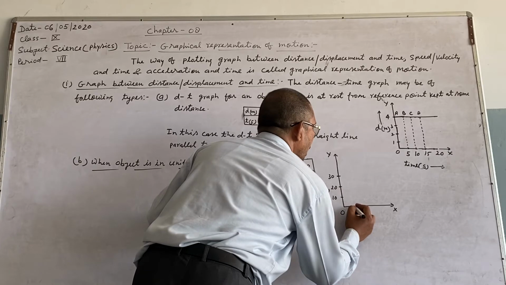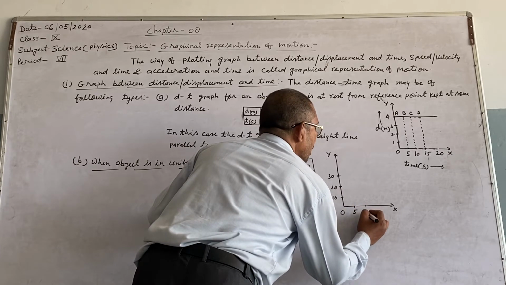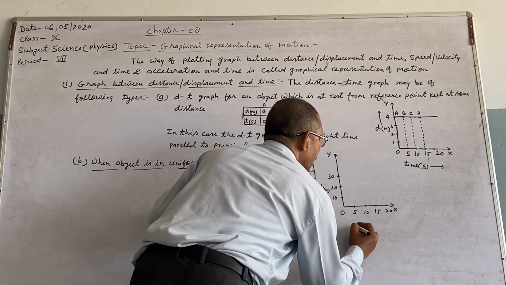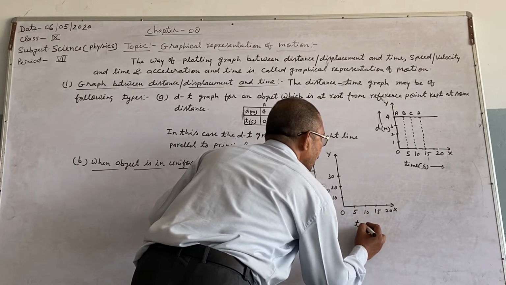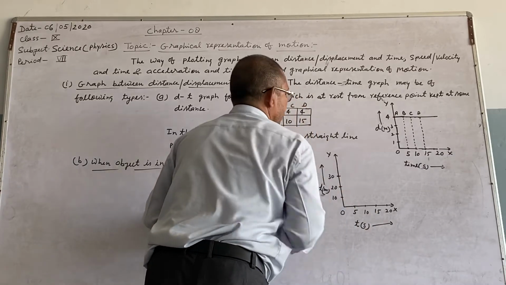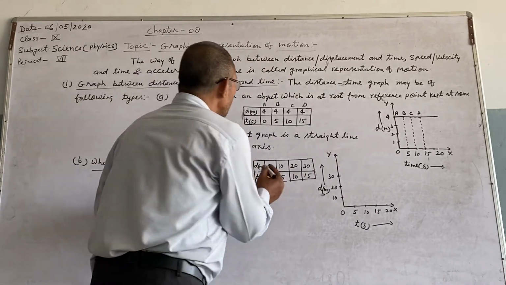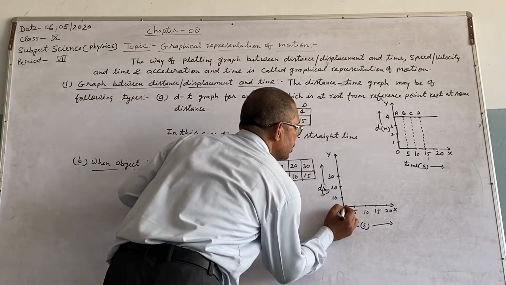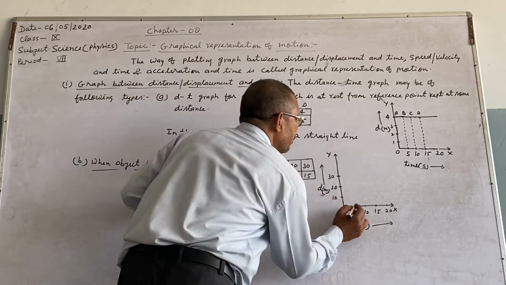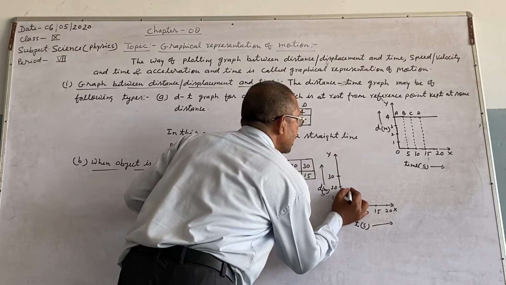Meter, and this is 5, 10, 15, 20, time t in seconds. Now use this information. At time t0, distance covered is 0. This is 1 point. Second, at time 5 seconds, after 5 seconds, distance covered is